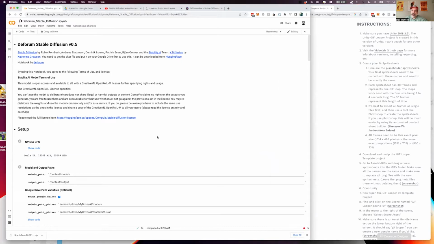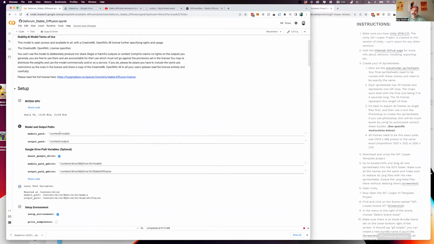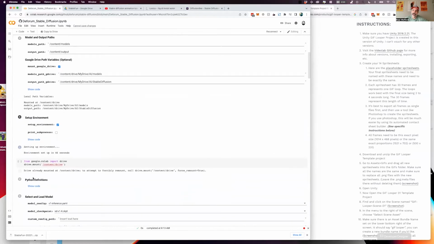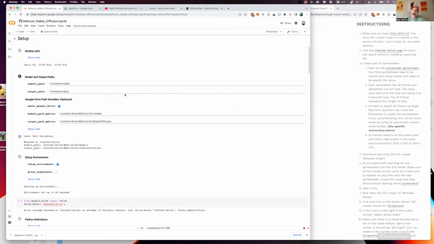Right now I'm still running it at a fairly low resolution. You're welcome to take the GIF Looper and up the resolution and all that kind of stuff if you want to. That's fine. I'm running it at this resolution right now. So I'm going to just quickly go through the things that I would tell you to do whenever you're setting up all of these scripts here that you run, which control kind of what you're going to get